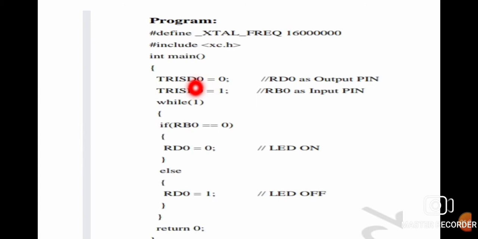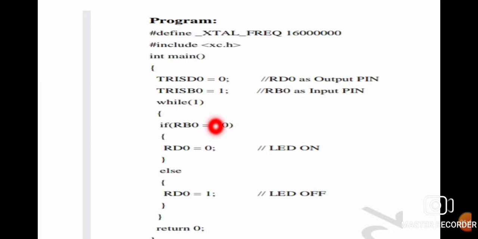The port D0, that is 0th bit of port D, can be initialized as an output port by assigning 0. So in the controller, whenever you want to use any port as an output, you have to assign 0 to that corresponding port.